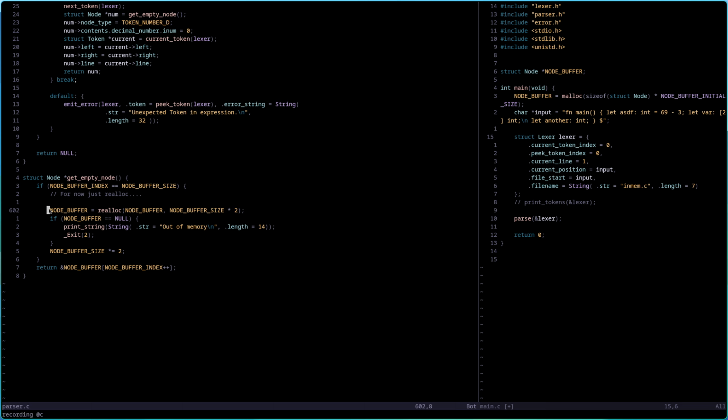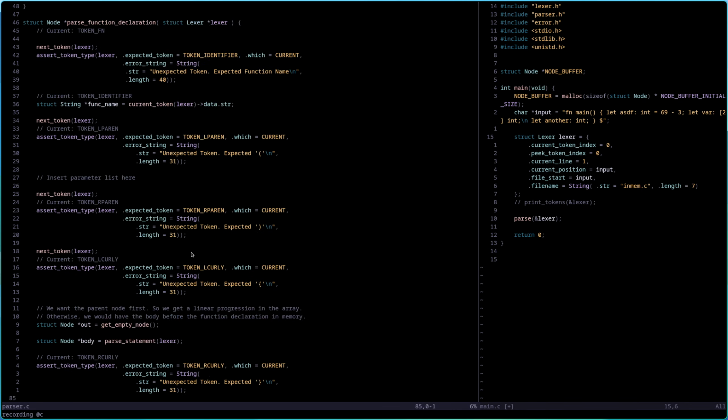And if it fails, we just exit out of memory. There's nothing we can do. We can't compile anymore. If you don't have any memory, get a better computer, or maybe split up your files. Otherwise you just return the next one in the stack, or the next free one.